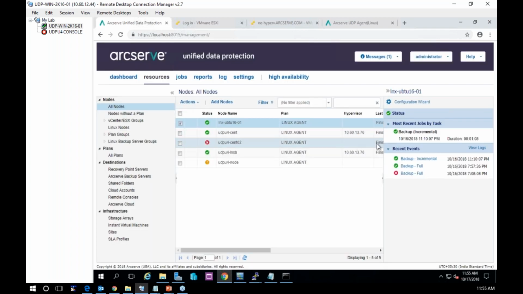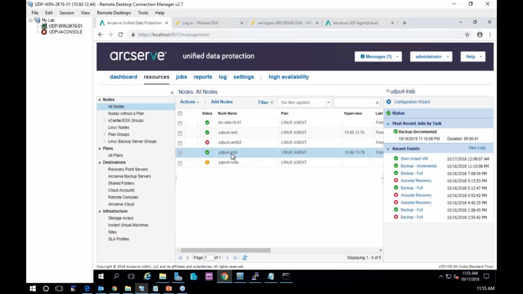Now, if we get on to the other nodes that we have taken successful backups of, you can see here, this is one of the nodes where I've done backups. I've also started an instant VM. It all looks great. So what we'll do is we'll quickly go to the procedure on how to perform a restore. So when we right click here and go ahead and click on restore,